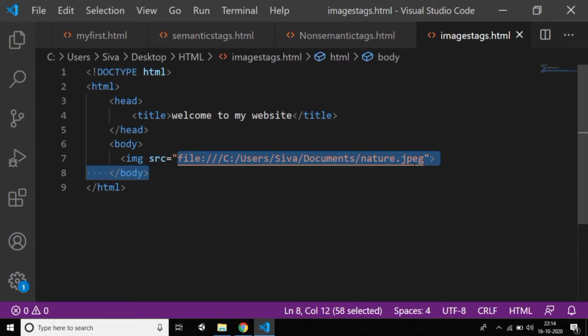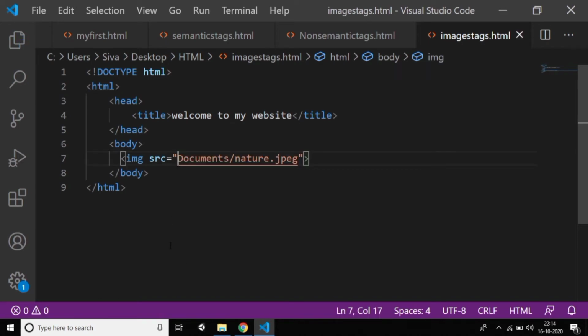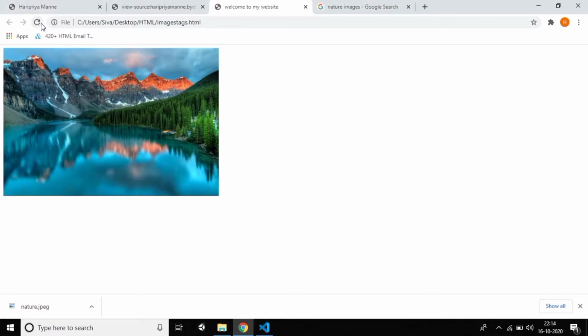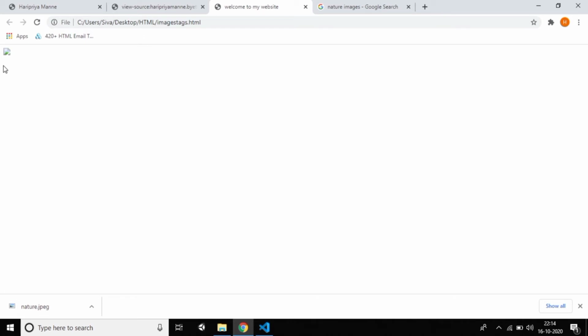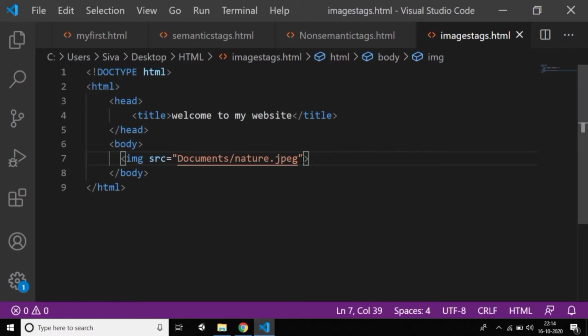So guys, before this, if I had not given the particular path, just Ctrl+S and reload it, you are not able to see the image, right? So I'm getting no image. In that time, suppose anyone has an internet issue, slow internet, you need to display the image, but unfortunately the image was not displayed.